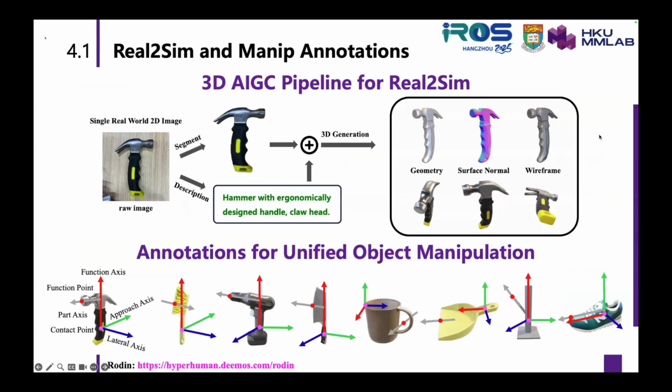First, different from the real world, we need digital assets in the simulation. Empowered by today's very powerful 3D AI models, we can do a real-to-sim transfer given just a single view image. For example, this camera image was captured by my phone and just